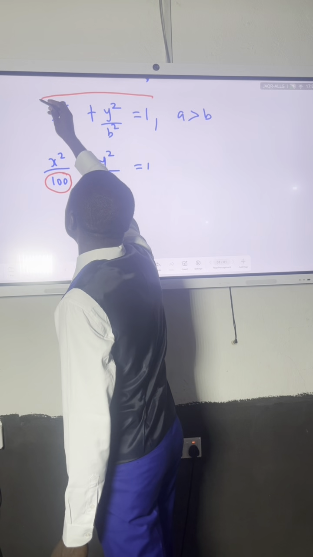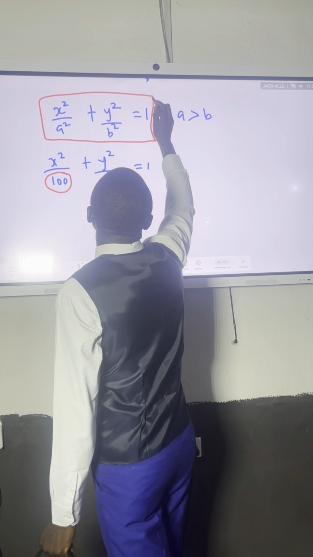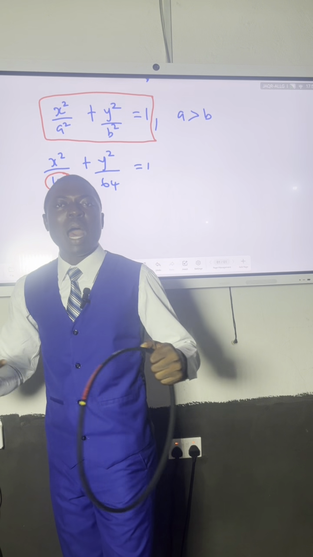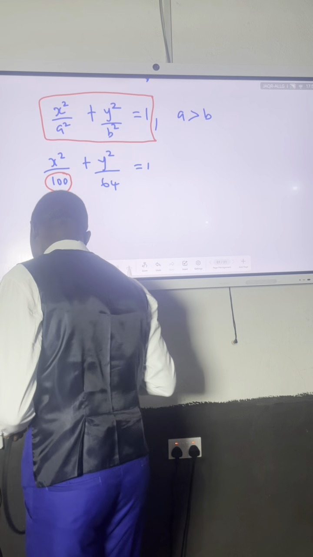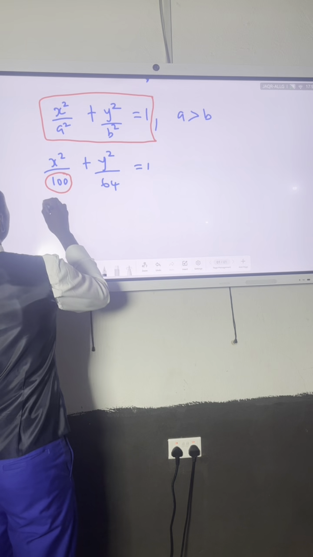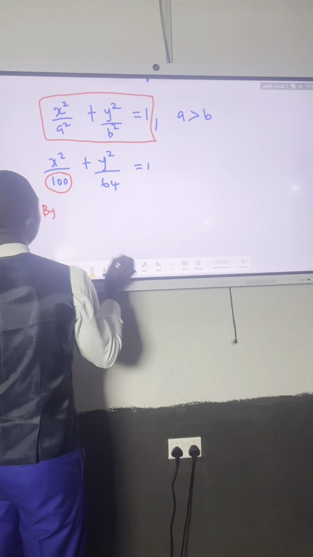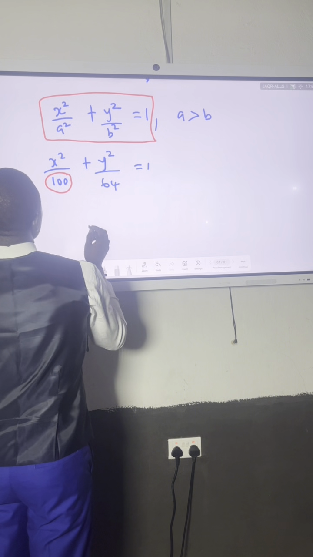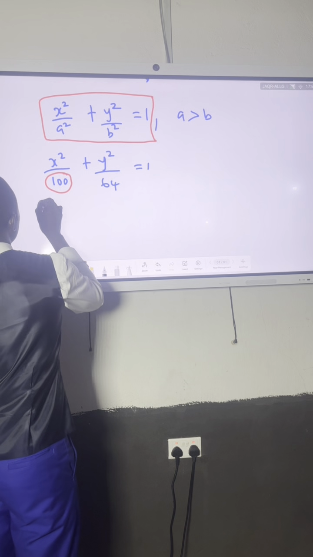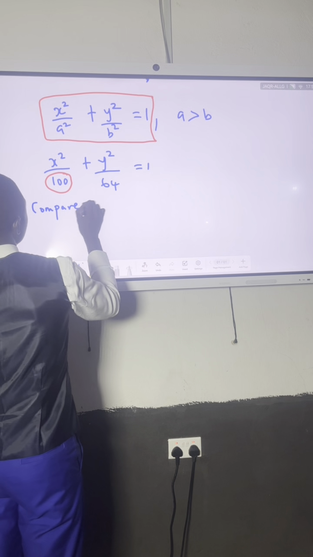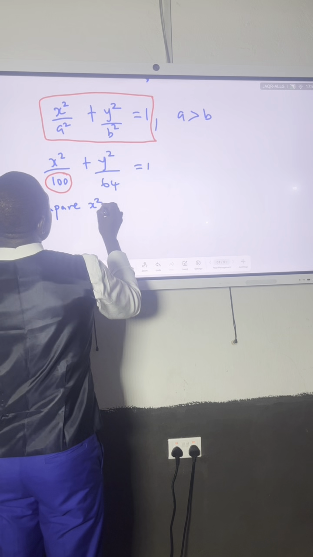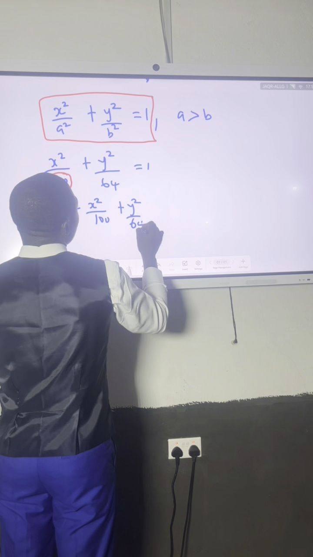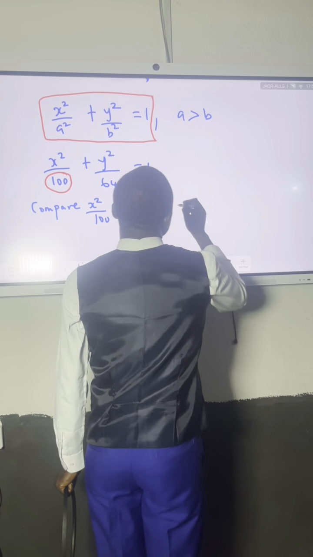This is the equation of the ellipse when the major axis is along the horizontal axis. So let's compare, by comparison, x squared over 100 plus y squared over 64 is equal to 1. Compare it with